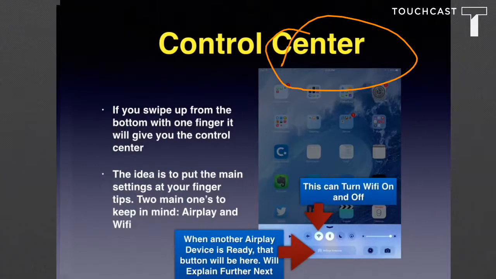Now, Control Center is what you get when you swipe up from the bottom of the iPad. And the whole idea of Control Center is to give you quick access to some of your most important settings. And we're going to focus on two. The first is this one right here, and that is Wi-Fi. So you can turn Wi-Fi on and off with that. The second one is right here, and that is